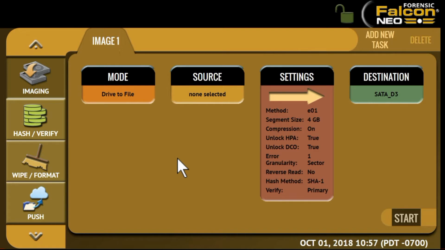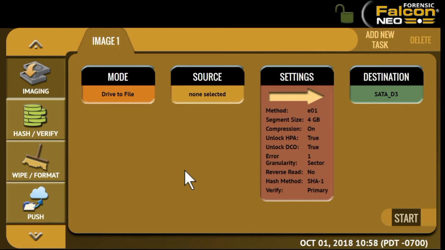On the left side of the screen, you will see all of the various operations available to you. You can use the arrows at the top and bottom of the column to scroll through all of these. We'll go through each operation one by one. Whenever an operation is selected, the center of the screen will include icons to step you through the various settings for that specific operation. These can include the imaging mode, source and destination, and all the unique settings available for